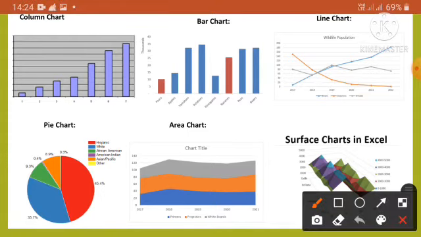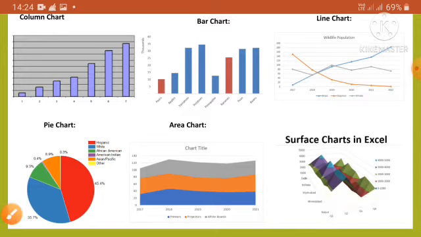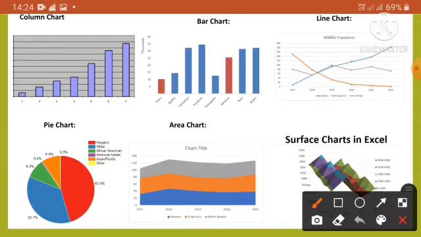Number one chart is the column chart. Column charts display each data point as a vertical column, where the height of the column corresponds to the value represented by the column. In this chart, the vertical axis represents the value scale and the horizontal axis represents various categories that are measured against the value scale. Okay, got it? Next one is the bar chart. A bar chart depicts data in the form of horizontal bars. The length of the bar corresponds to the value of the data they represent.